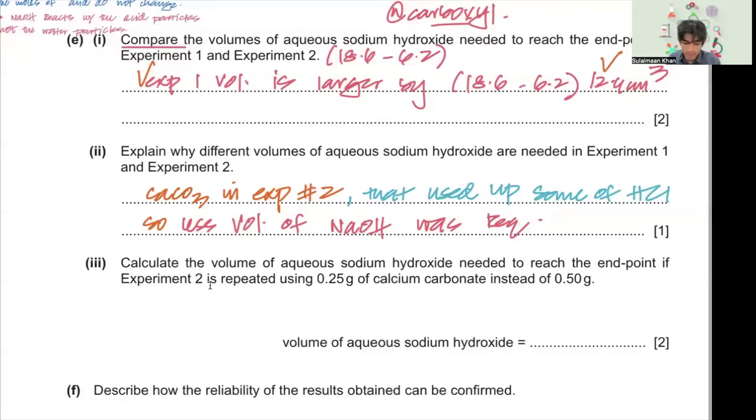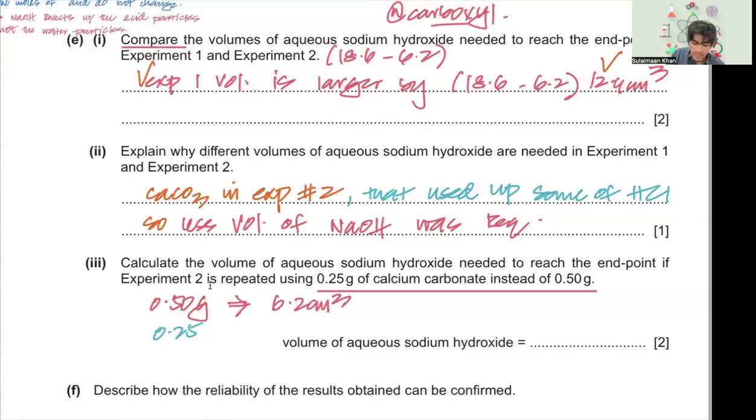Okay. Calculate the volume of aqueous sodium hydroxide needed to reach an endpoint if experiment 2 is repeated using 0.25 grams instead of 0.50 grams. It's so easy, it's simple mathematics. For 0.50 gram, the volume of neutralization was how much? The volume of neutralization was 6.2 cm cube. So for 0.25, how much should it be? See, if you've halved